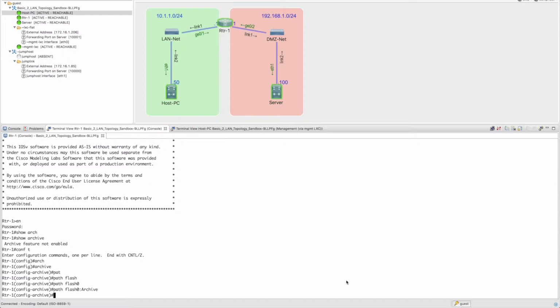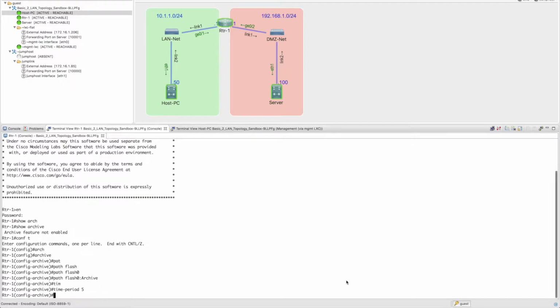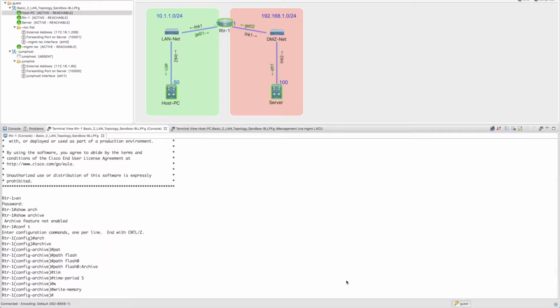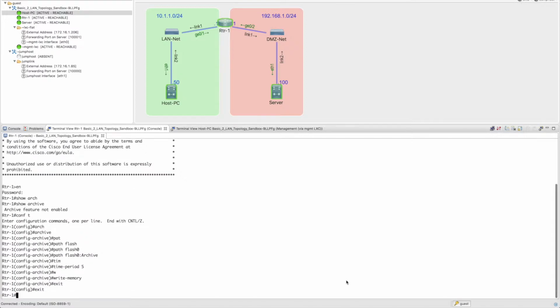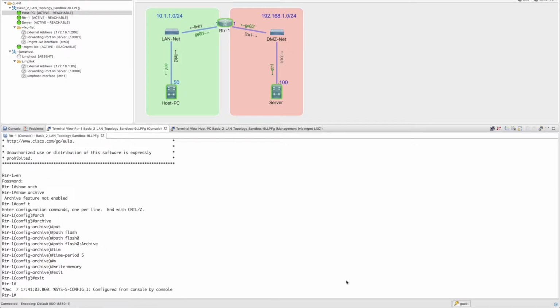I'll tell the archive to automatically create a new entry every 5 minutes, and also when I commit any changes to memory myself. Then we'll come out of the archive configuration, and now if I look at the archive, show archive,